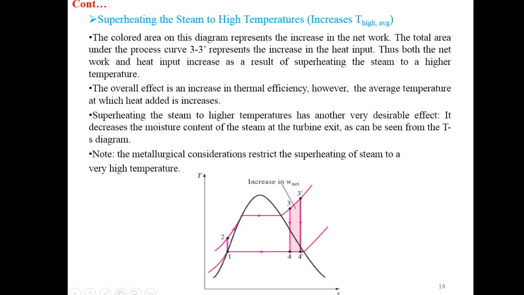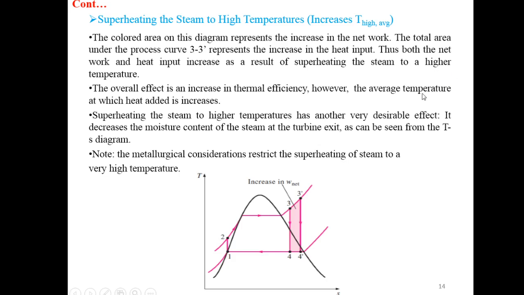Next is superheating the steam to high temperature. It increases T higher average. The colored area on this diagram represents the increase in net work. So our previous case was 1, 2, 3, 4. Now our new case is 1, 2, 3 dash, 4 dash. So there is a shift, or our diagram will shift towards the red, that is from 3, 4 to 3 dash, 4 dash. Thus both the net work output and heat input increase as a result of superheating the steam